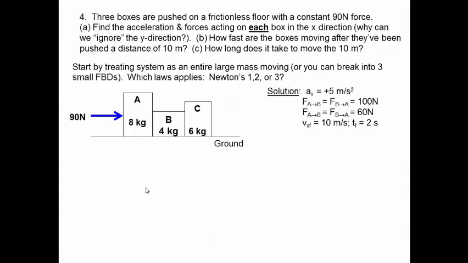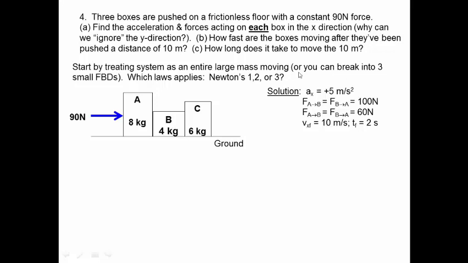All right, new problem. We have 3 boxes on a floor, and we're going to push them along the floor with a 90 Newton force. Find the acceleration of the forces acting in each box in the x direction. How fast are the boxes moving after you push them 10 meters, and how long will it take to move the 10 meters? I suggested to you here that we start by looking at the system's entire large mass moving,